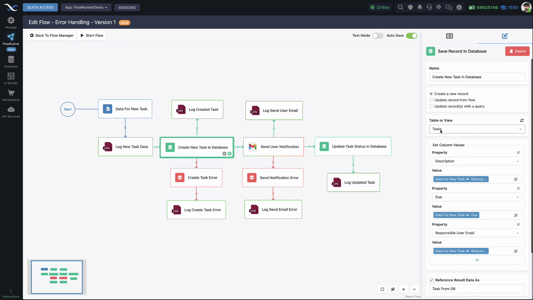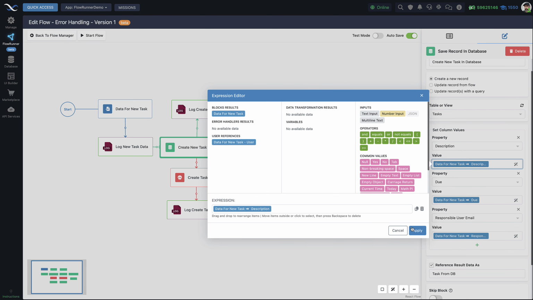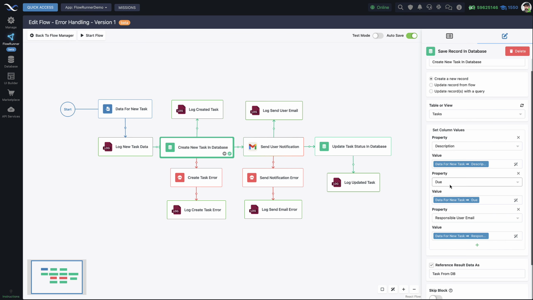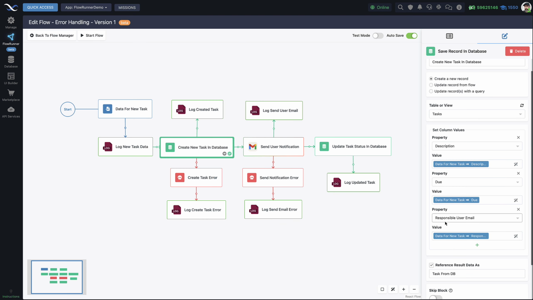And then it goes into the table called tasks and saves a new record. The columns of that record, also known as properties, are description, due, and responsible user email. What it does is basically say, okay, from this event data for a new task, it's going to take property description for this column, property due, and property responsible user email, and then save